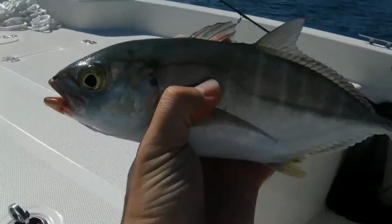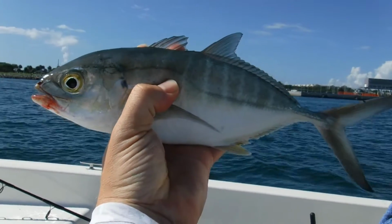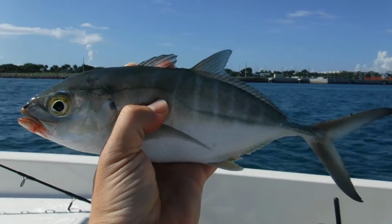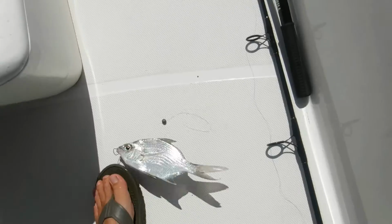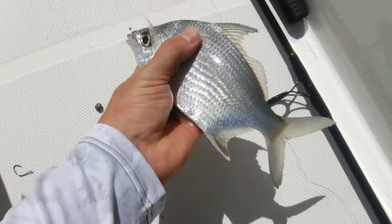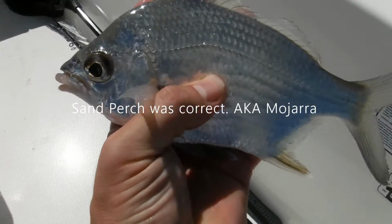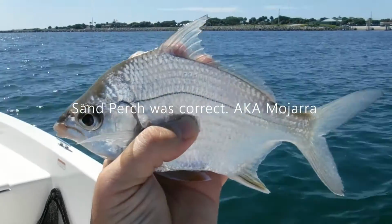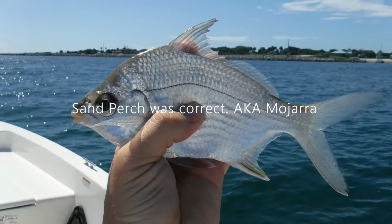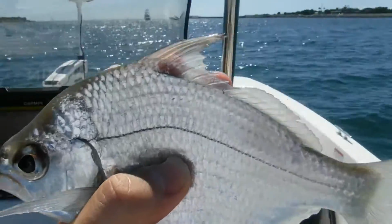Man, that was great. He is 11 inches. He had to be 12 inches to the fork. But just 1 inch shy. I don't know what this guy is. Looks like some type of, maybe a large sand perch. But I think I could get away with using him as bait. He's got that dark lateral line on him. I don't know, I have to look him up when I get home, but for right now I'm going to throw him on the